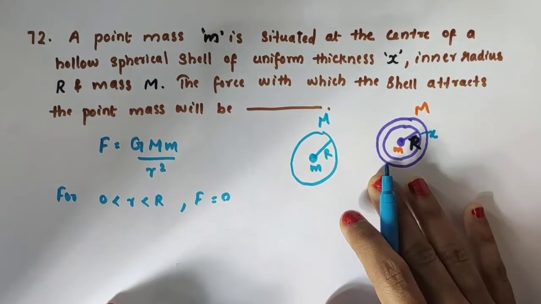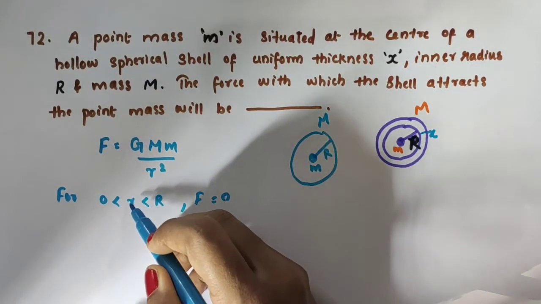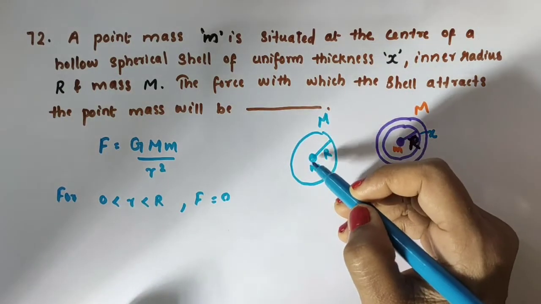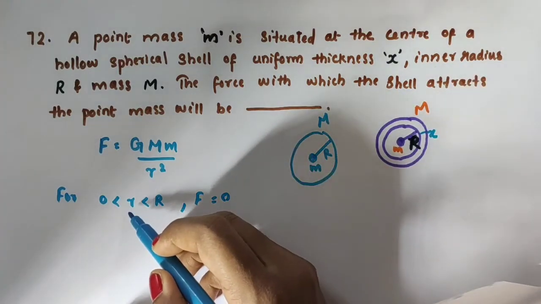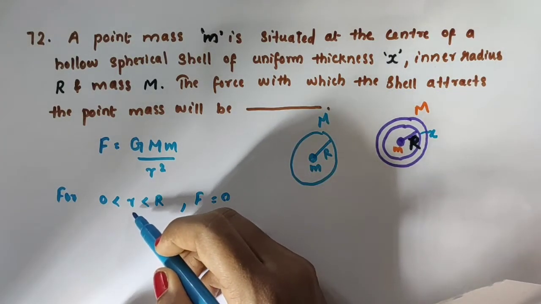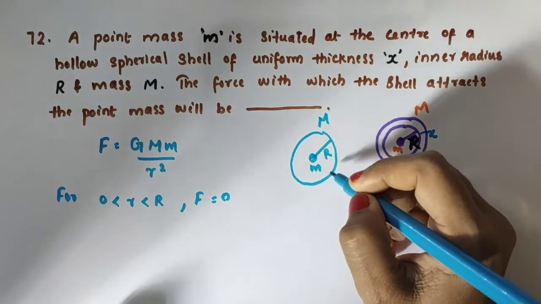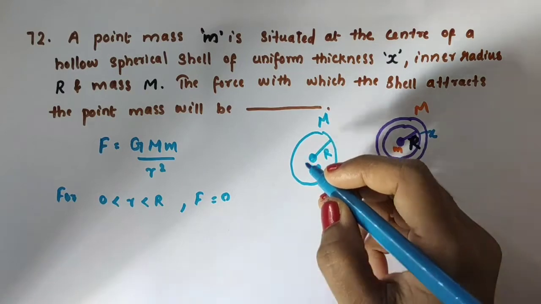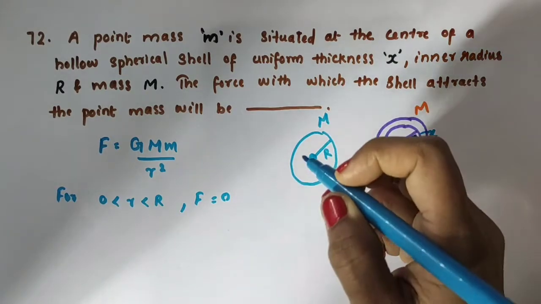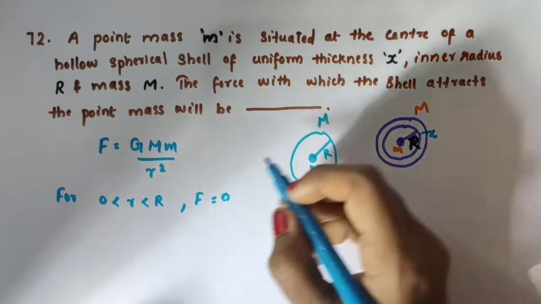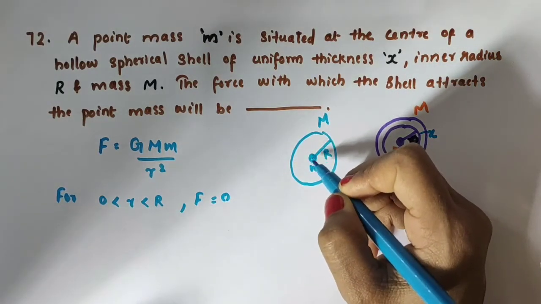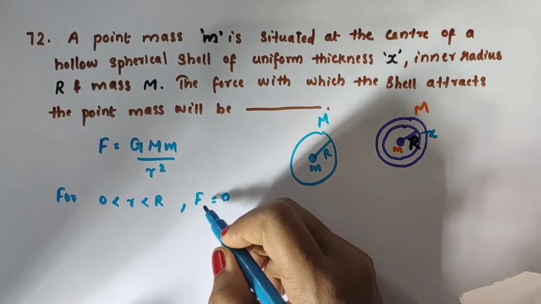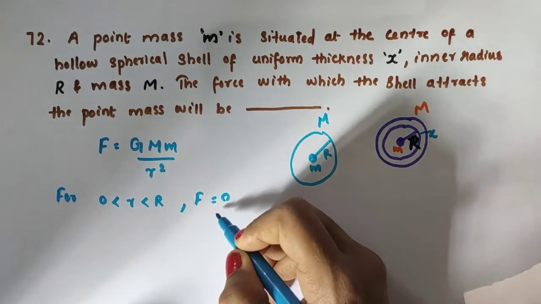This is the condition. See, small r is the distance or separation between the two masses, that is, capital M and small m. Usually this r is measured between the centers of these two bodies. So the center of this point mass is kept at the center of the spherical shell, no? So there is no distance between them. They can be approximately taken as 0, or anyway it is less than R, because this point mass is kept inside the shell. So we can take that force F as 0. That is, the force inside the shell is 0.